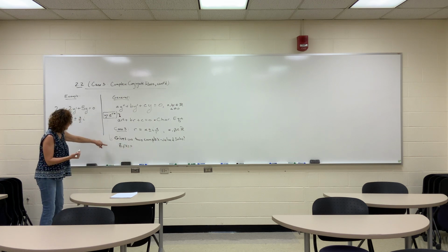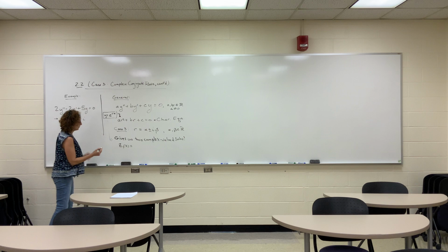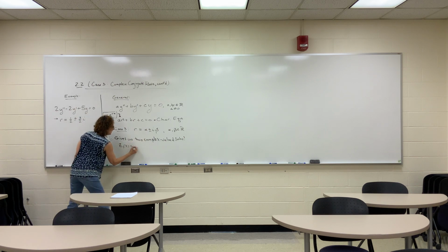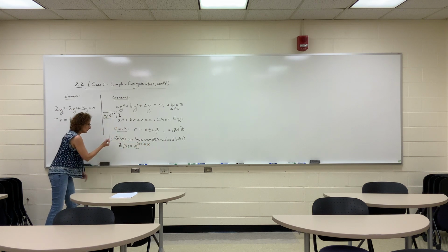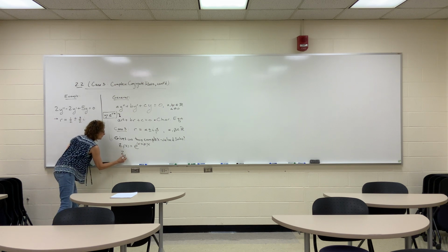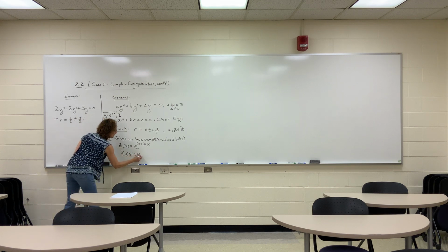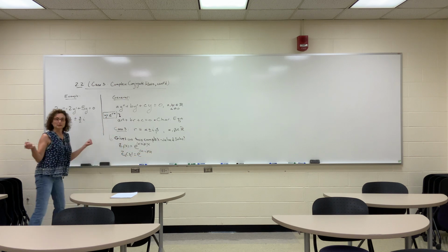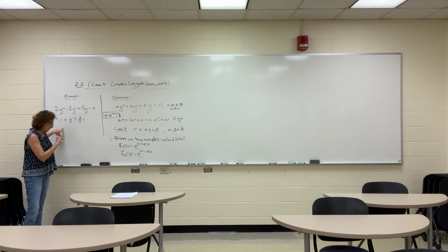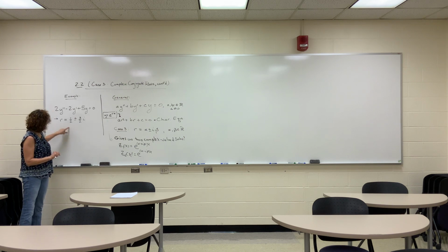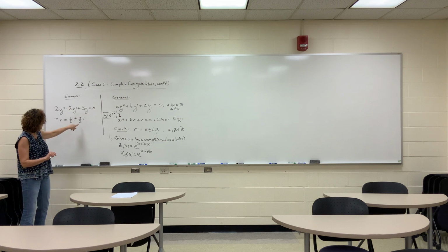So what would z1 of x be? Well, it would be e to the r1 x. And what would r1 be? e to the (alpha plus i beta) x. So that's our r1. What's our r2? That gives rise to our z2, e to the (alpha minus i beta) x, in general. And we had written down those two solutions for alpha being 1/2 and beta 3/2 for this problem,